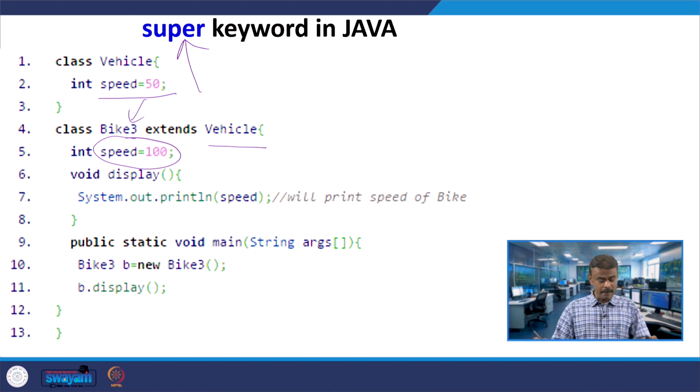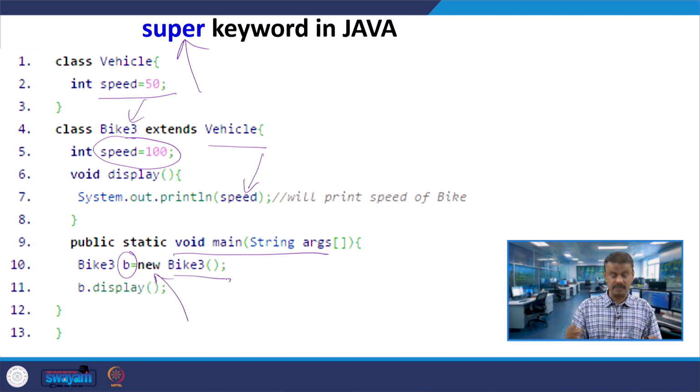Now you have one member function called void display. So, what is it doing? It is trying to print speed. You are creating an object B in the main whose class is Bike3. So, Bike3 b is equal to, you have a new operator and then you have a constructor, correct.